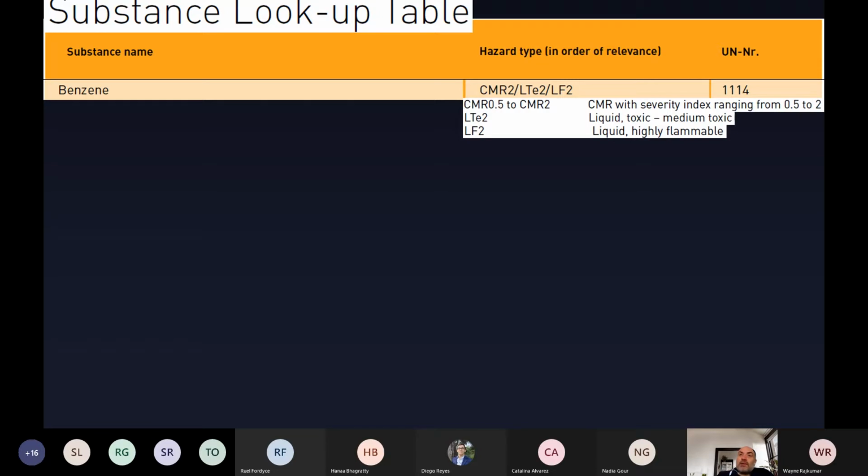It deals also with the scale of 4, so we are dealing with medium flammability for the substance. So this is the first step. Now I know the hazard that the substance poses to humans and environment. And the second step is, can you please click,